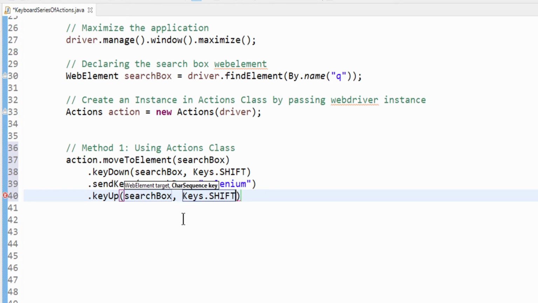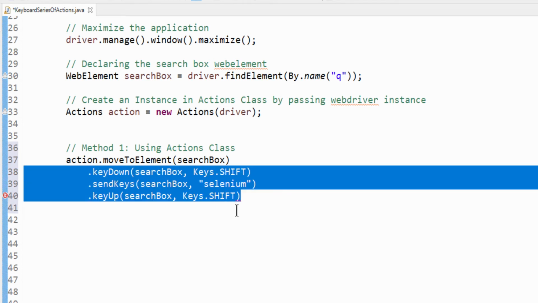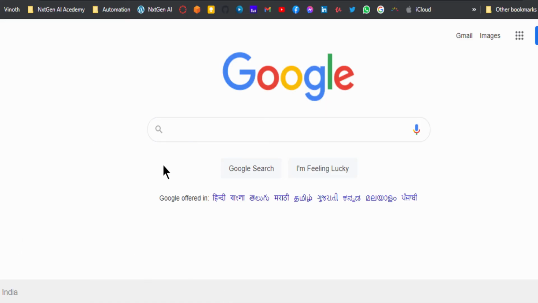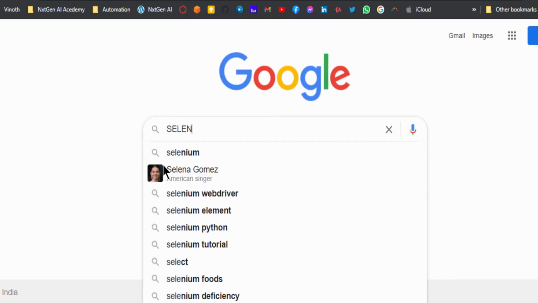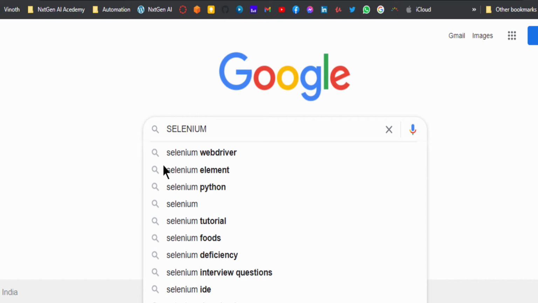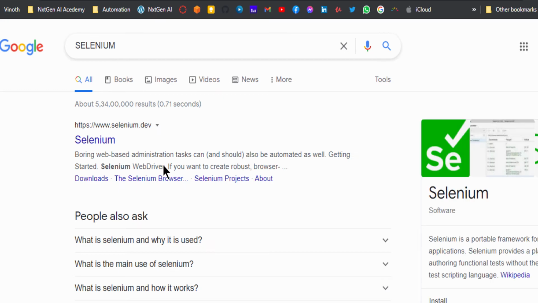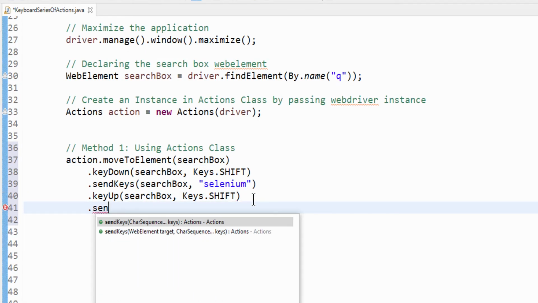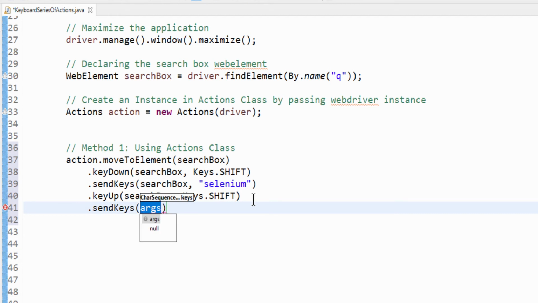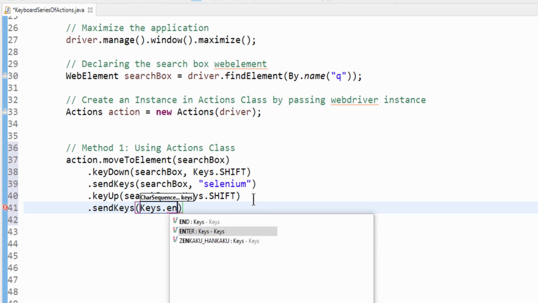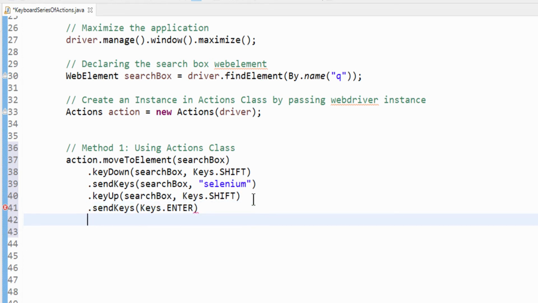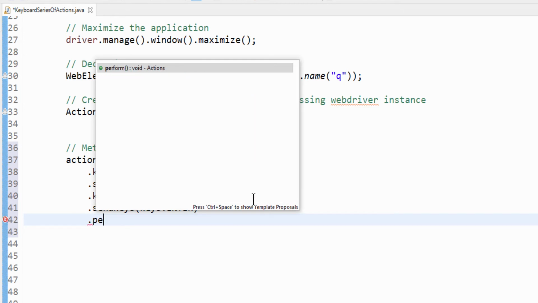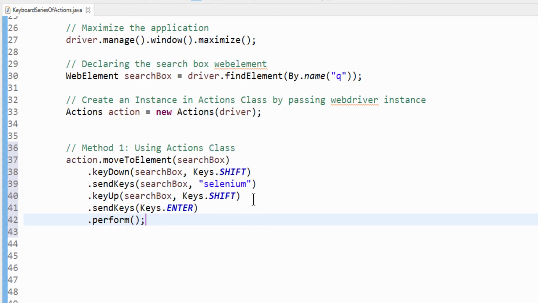Dot Keys.SHIFT. What these three lines mean is that in the application, by pressing the Shift key, I am typing selenium. After this we have to press the Enter key. For that, dot sendKeys. How to press Enter? It is Keys dot ENTER, then dot perform. That's it.